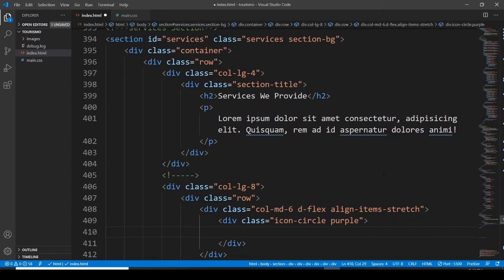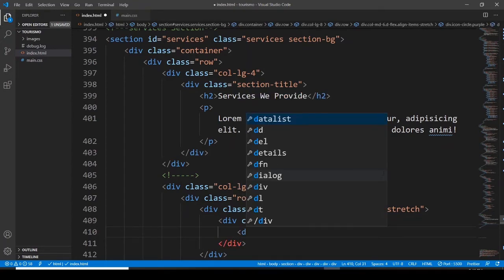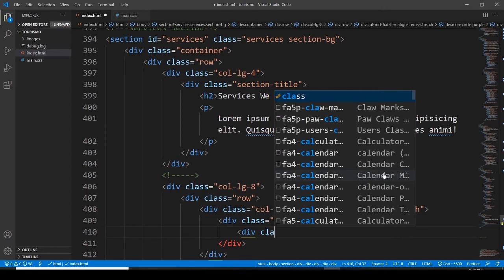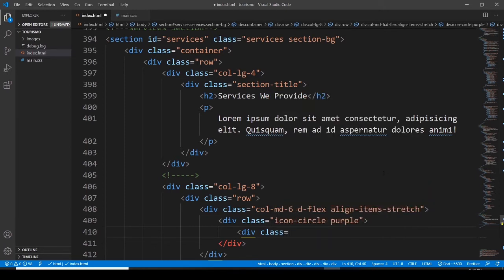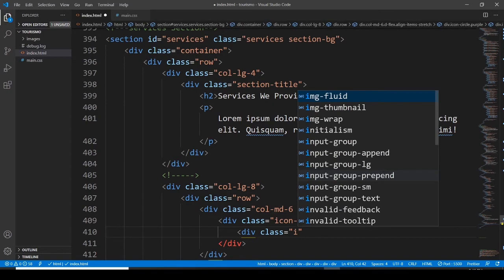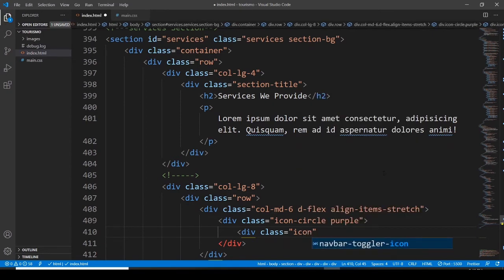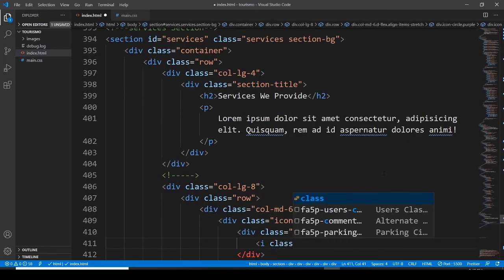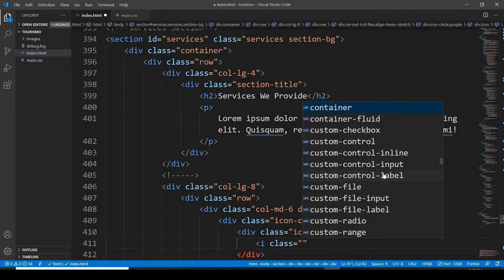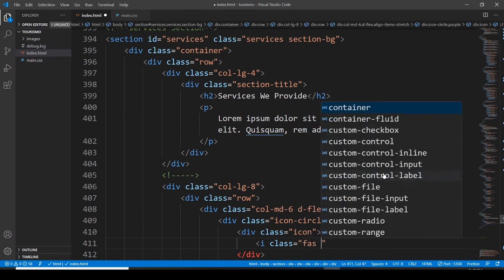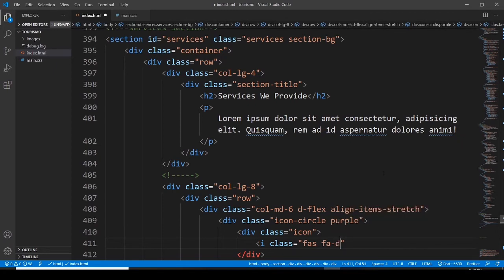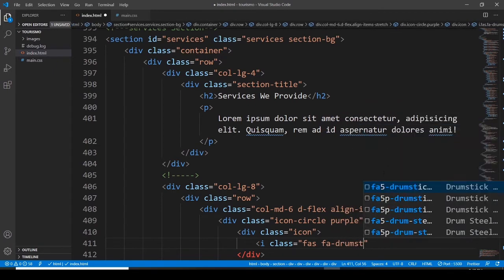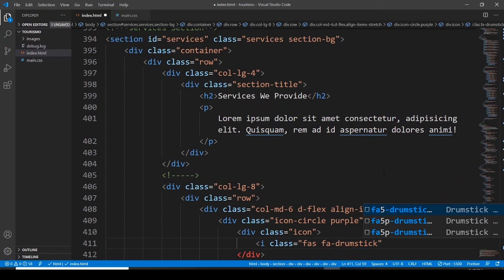Now another division, assigning it a class, and this class is going to be icon, and then here I'm going to use Font Awesome icon. So I class FA drumstick byte,